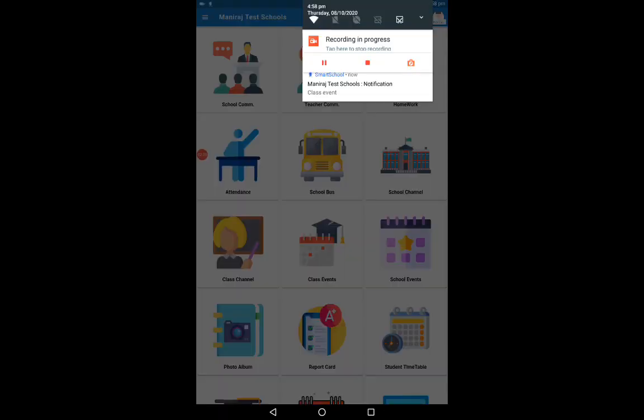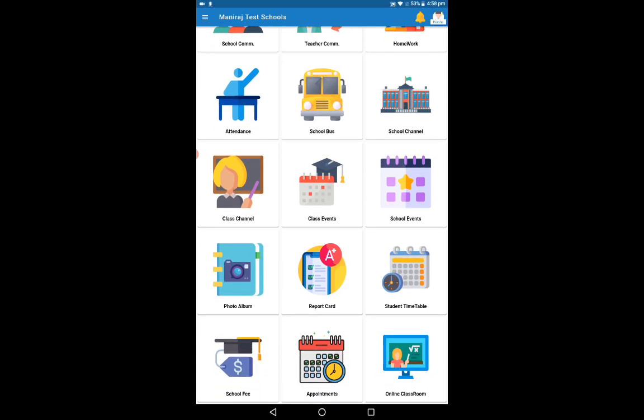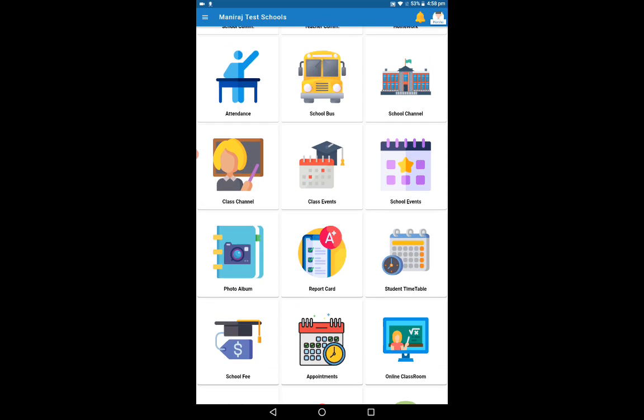Now you can see the push notification that we have created the class event, and I log in to our parent app so that you can click on class event, and here you can see a calendar of October, and today's date. On the dates you can see some dots below the date.